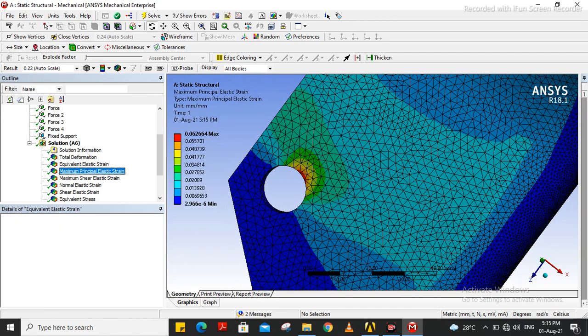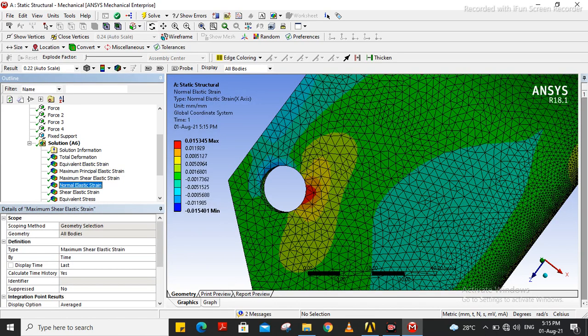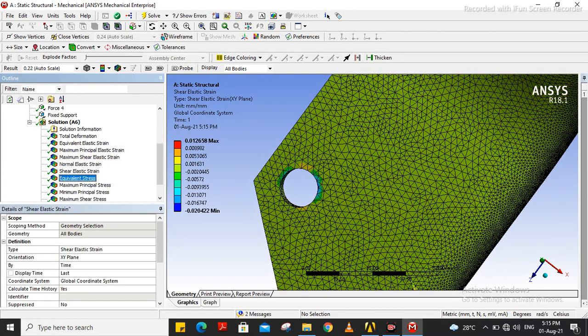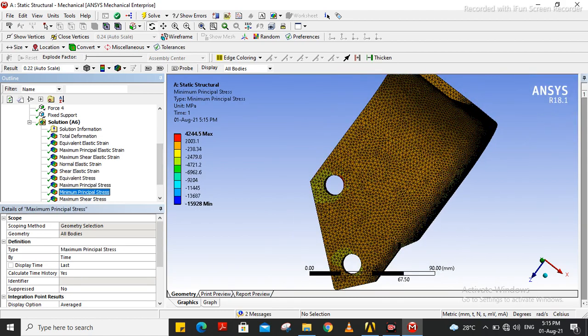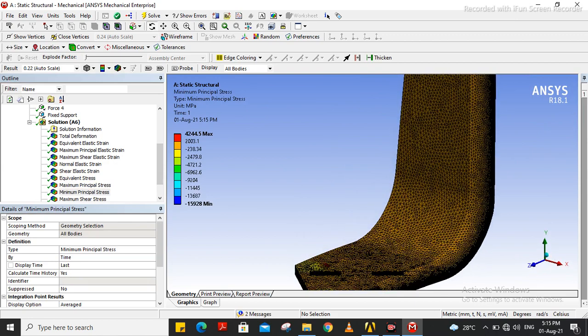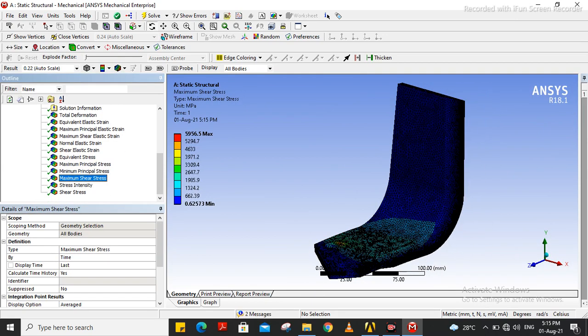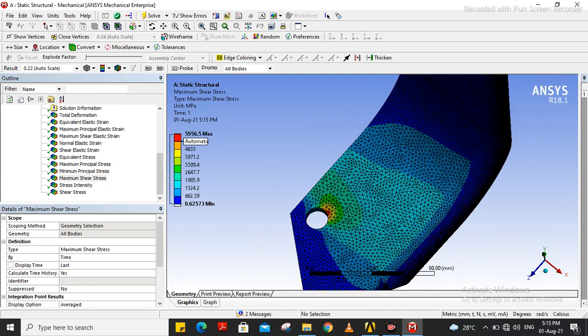The next one is maximum principal elastic strain, maximum shear elastic, normal elastic strain, then shear elastic strain, equivalent stress, principal stress, maximum shear stress is there, which is 5956, sorry, megapascal.